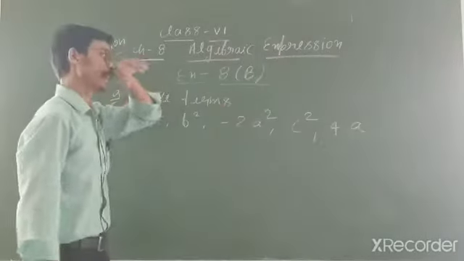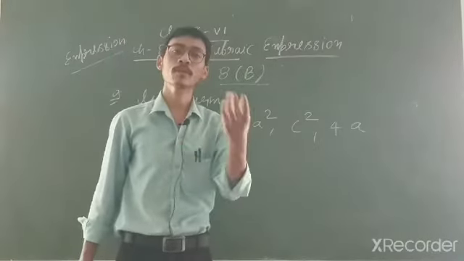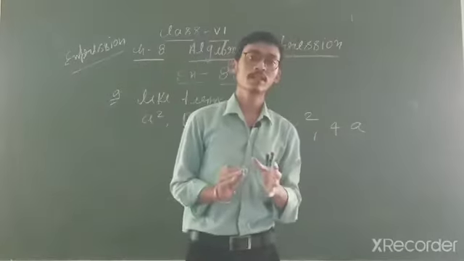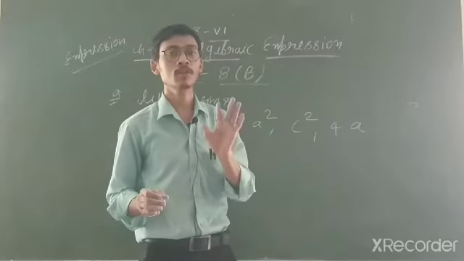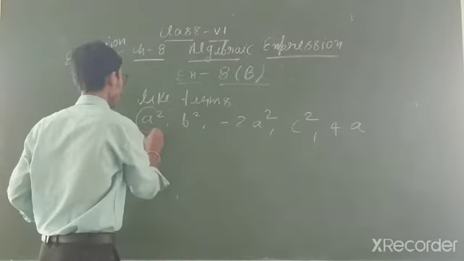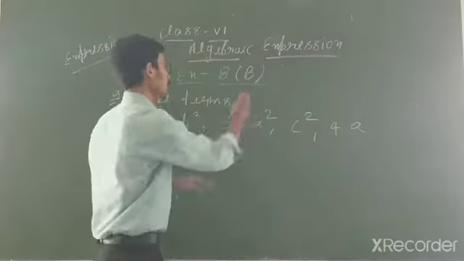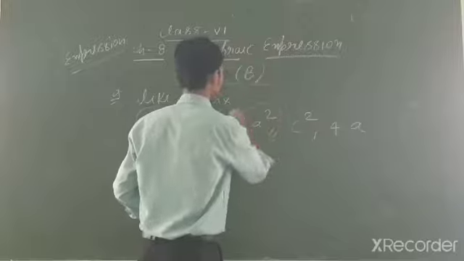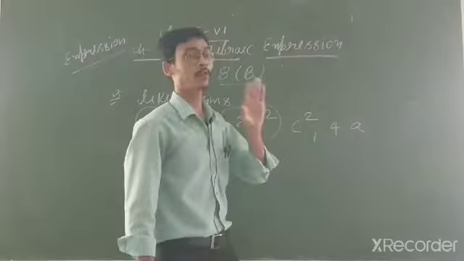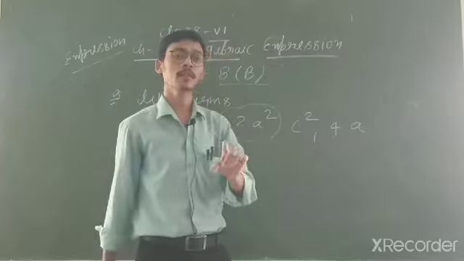Like means, student, the variables should be the same. A variable, you know, is something whose value can change. It doesn't matter what constant comes with the variable. Okay? Only you have to check the variable. Like here you can see a square is given, student. You have to find where another a square is given. Here also a square is given, but one question will come to your mind: here minus 2 is also given. So what I explained is, there is no effect of the constant term. Only you have to find out the variable.